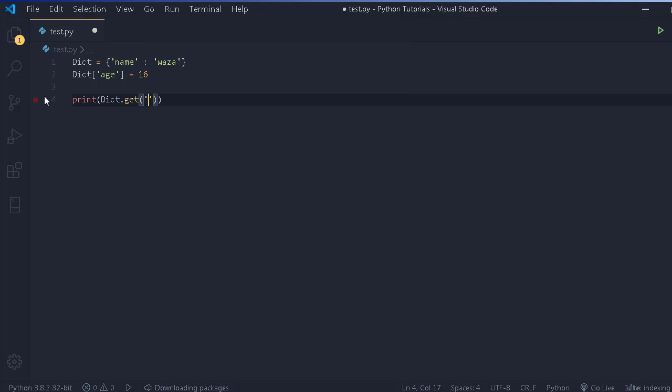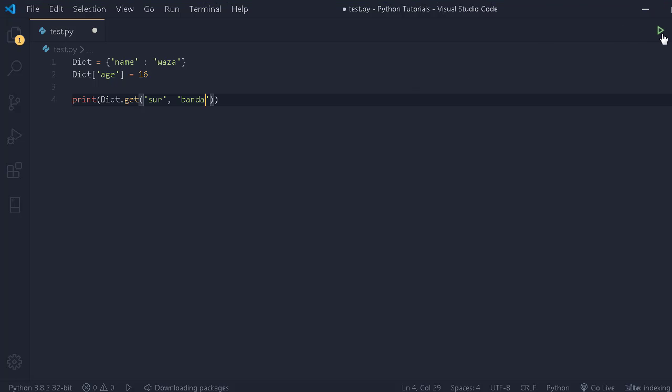So I can pass in a simple key. Let me just say sir, and let me give that a value of banda. Parameters, you separate by a comma. What this would do is, when I run it,